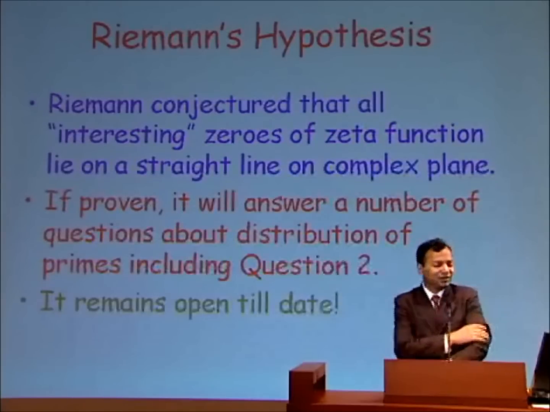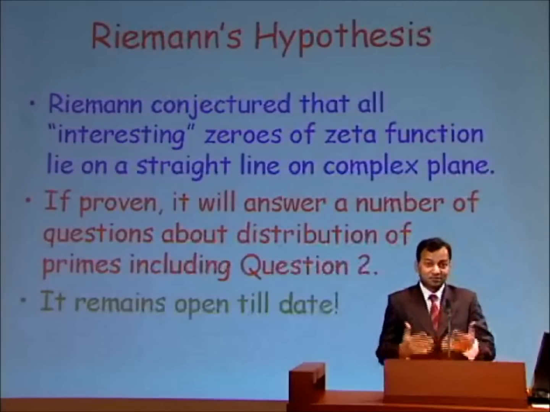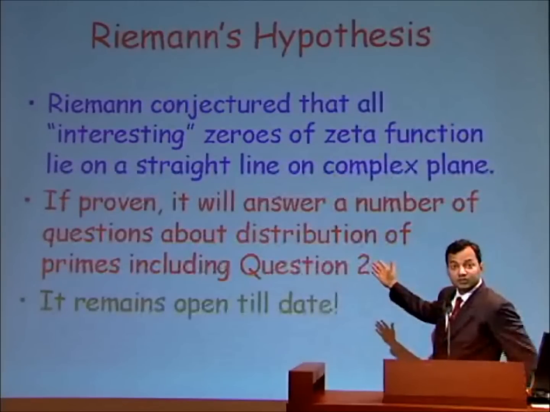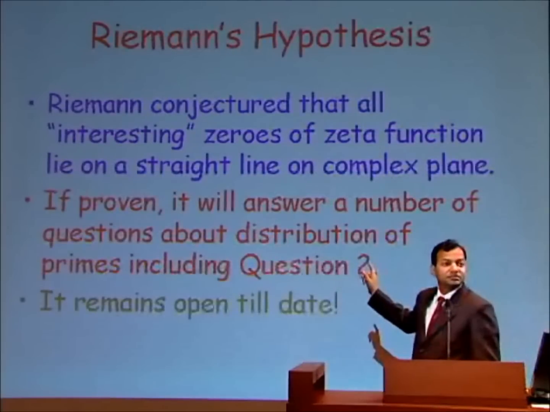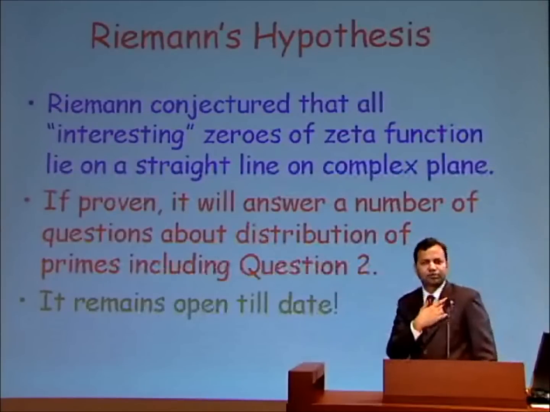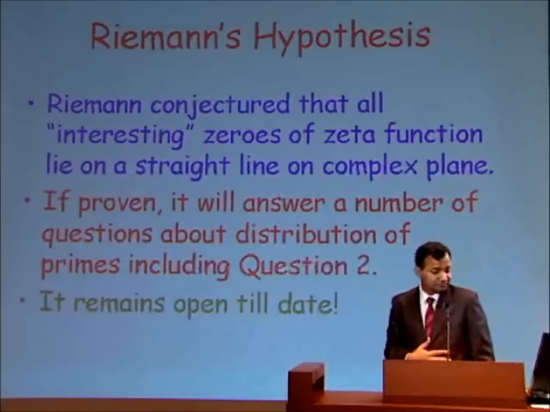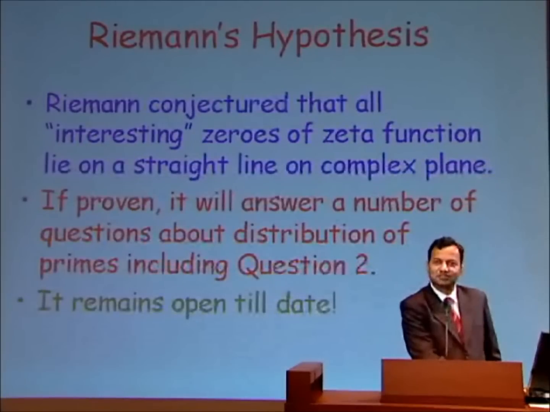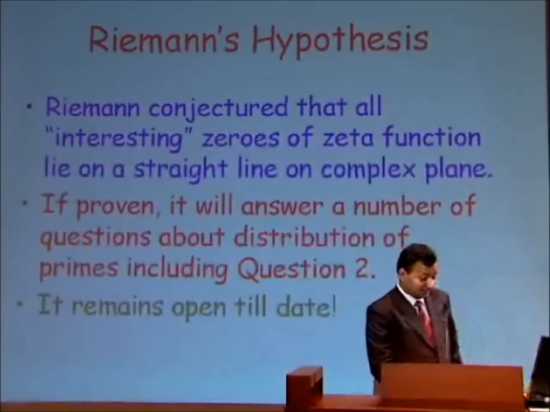Now again, there is no reason to believe why this should have anything to do with prime numbers, but he noted some very interesting property. That is, if one can prove Riemann's hypothesis, then, for example, question 2 will be answered positively. That is, the Gauss and Legendre conjecture that the number of primes less than n converges to n over log n will be true. Of course, till date, nobody has been able to answer the Riemann hypothesis, so it's a major open problem in maths.